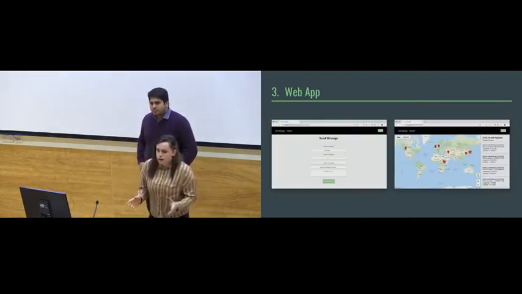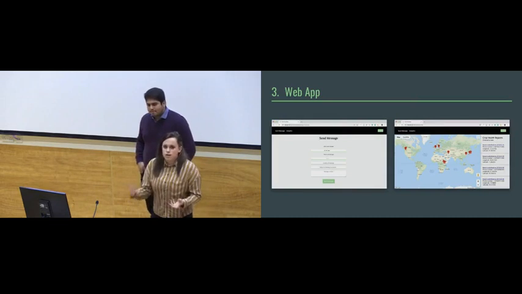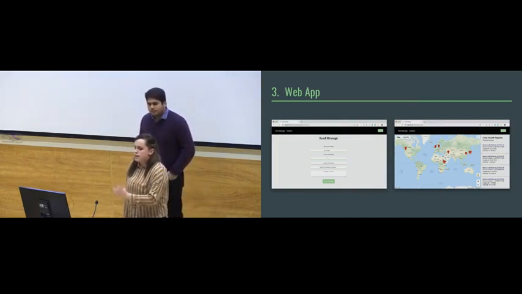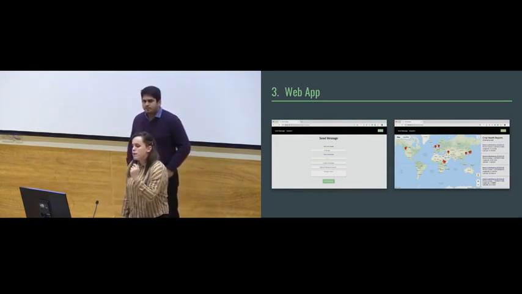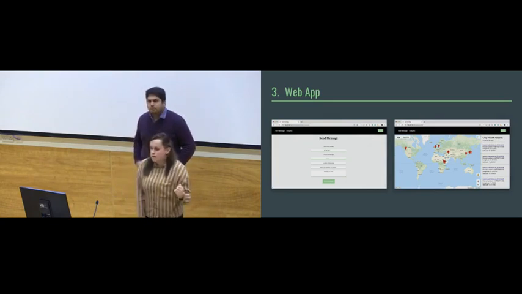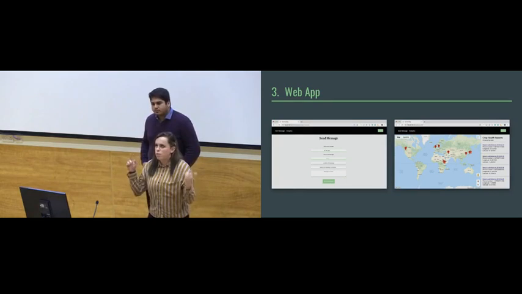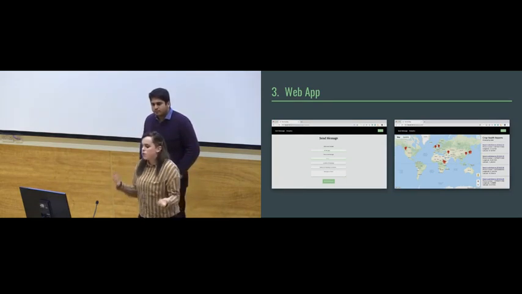The last bit is the web app. Now, we only give the logins to the relevant authorities or NGOs in the area. The first bit is that they can go on and send a message. So they can actually write a custom message. They would do this by giving the date and time that they would like the message to be sent to the users, and the location and the radius. And then once they've submitted that, all users in that location will be sent the message at the relevant date and time.